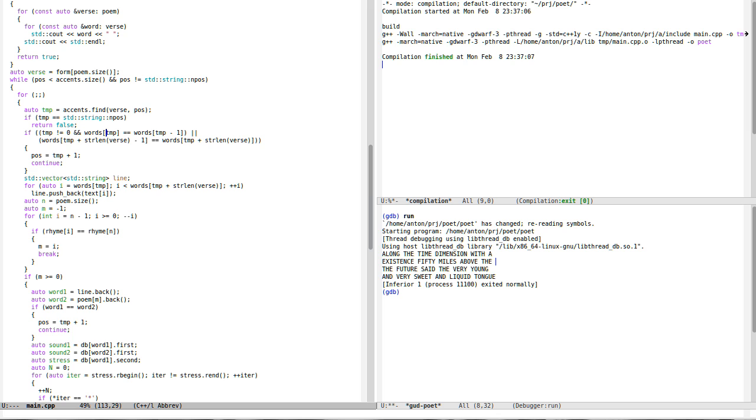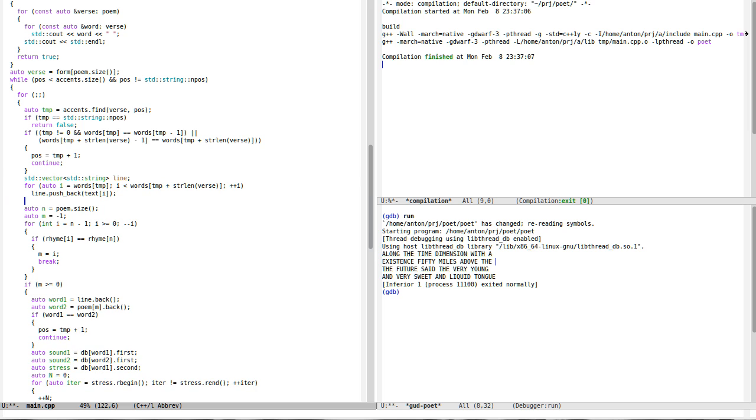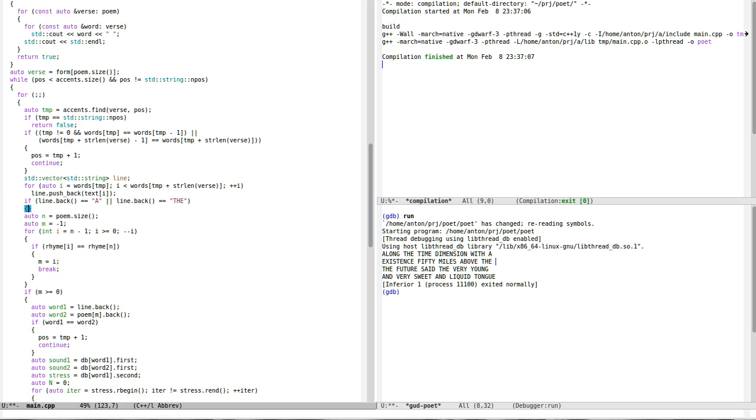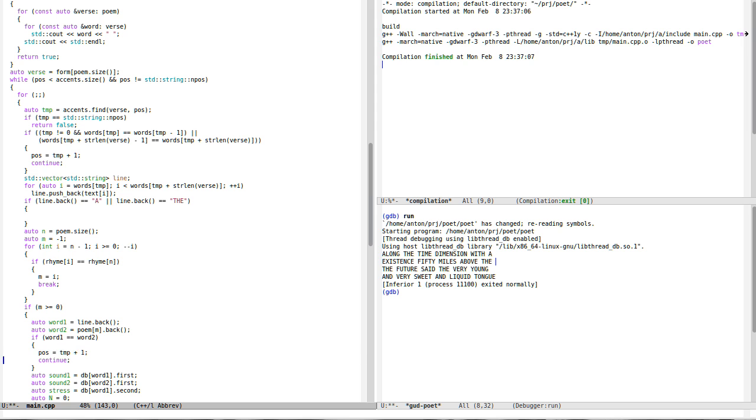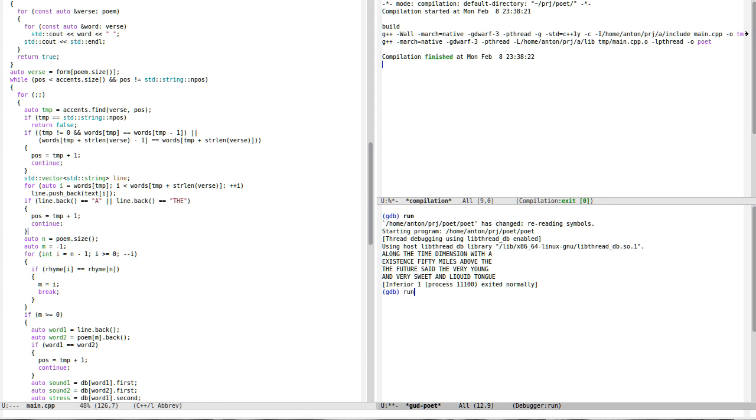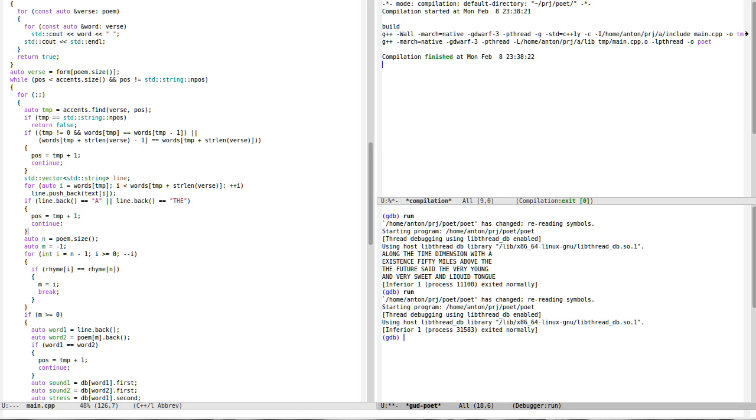So we find here and this thing, and like if line back equal a or line back, well, it's not good, and we do this thing. Let's run it again. We didn't find anything. Say along the time dimension with a existence 50 miles above the feature said that they are young, sweet and liquid tongue,